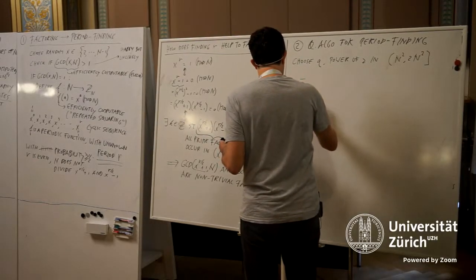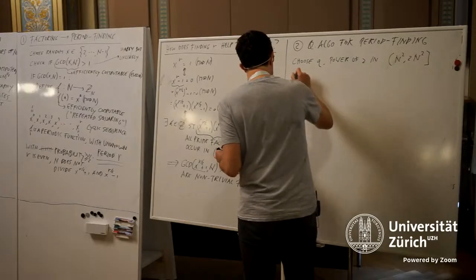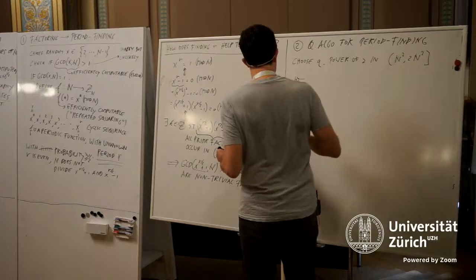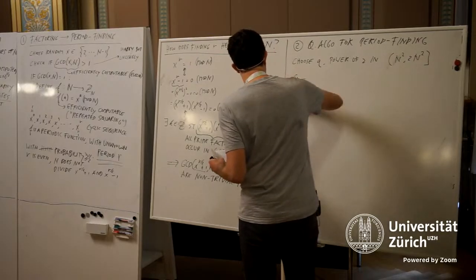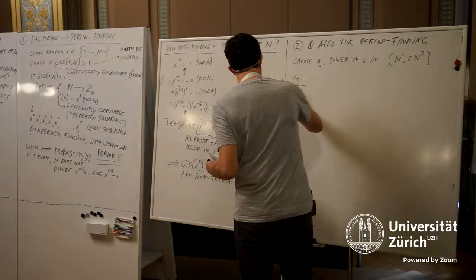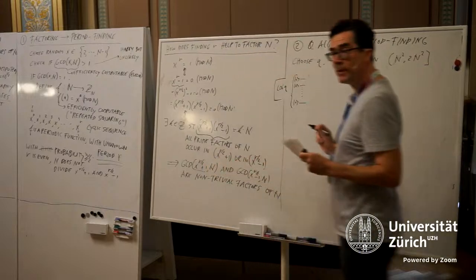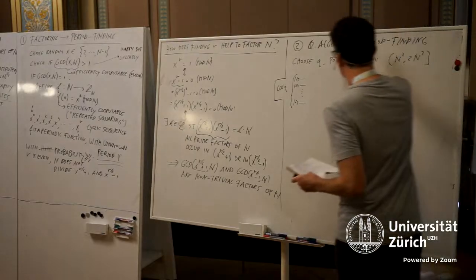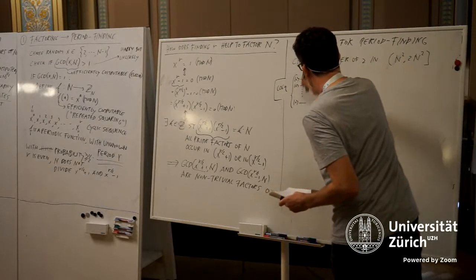So here's the circuit. It's going to have 2 registers. The first register starts out in zeros. And the number of qubits here is going to be log of q, binary log of q. Whenever I say log, I mean binary log, because I'm a computer scientist. Right, so q is a power of 2, so this is an integer, and we start with this many qubits